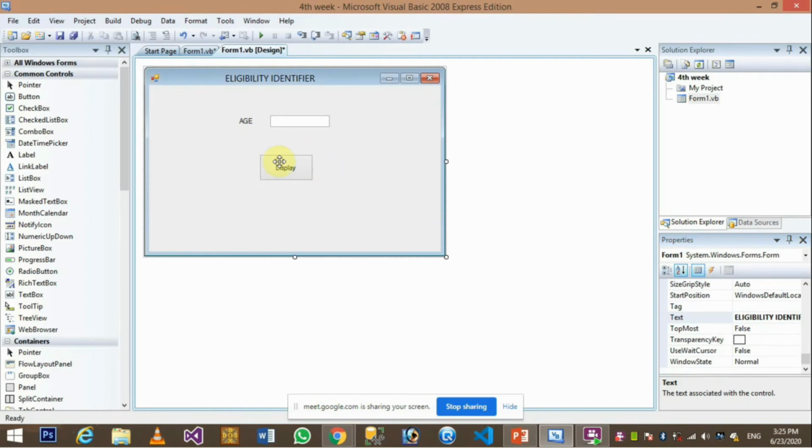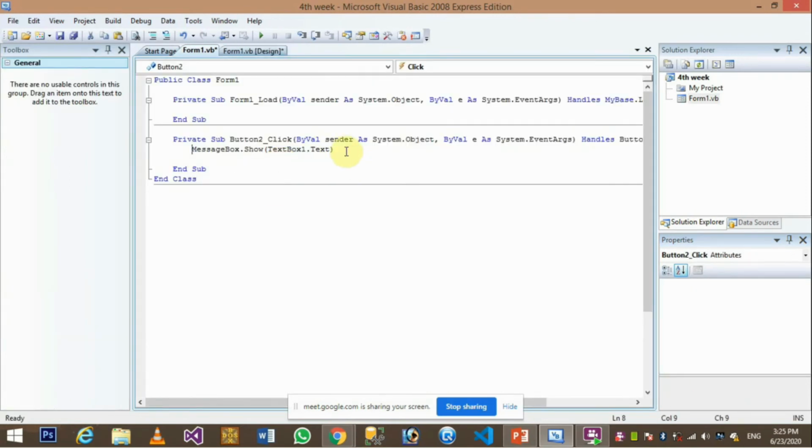Okay, double clicking this button, and here is the code we have written, message box dot show text box 1 dot text. Okay, instead of this, we have a condition. What is the condition?